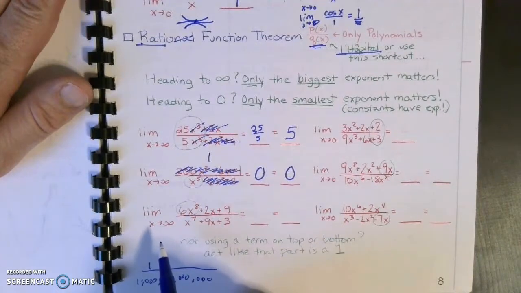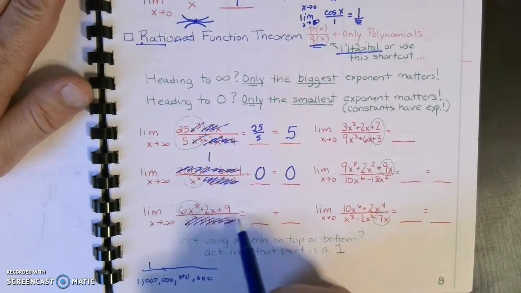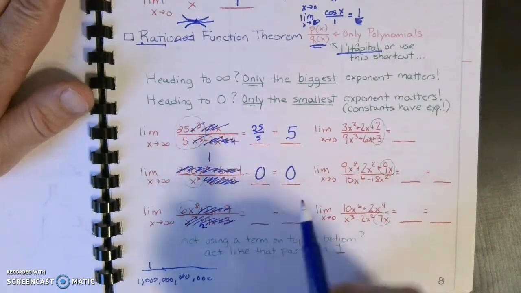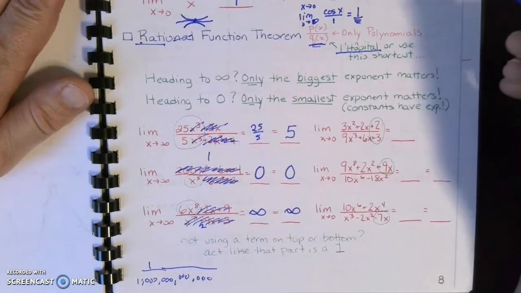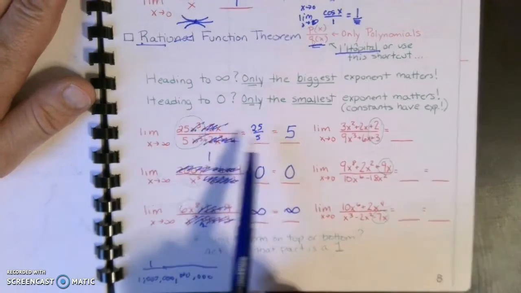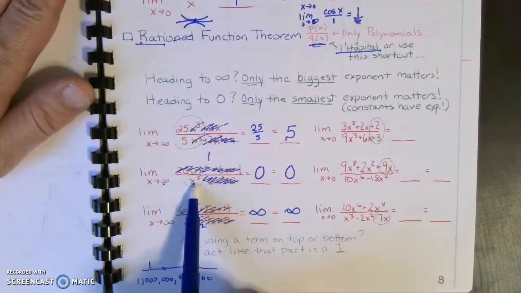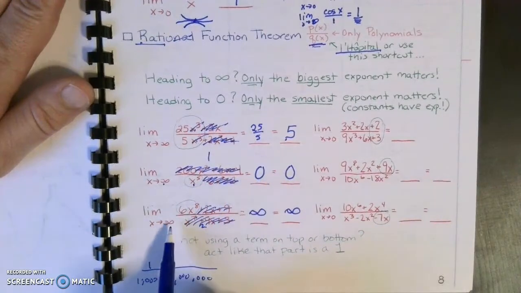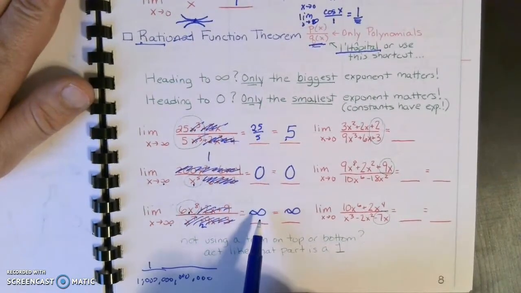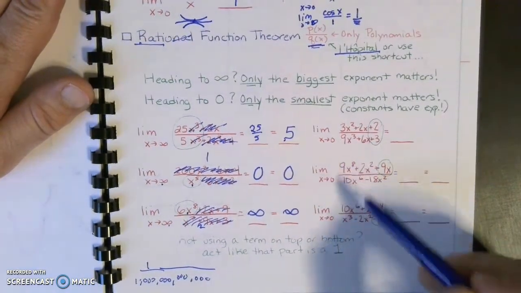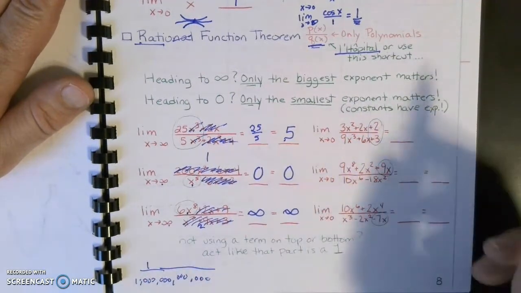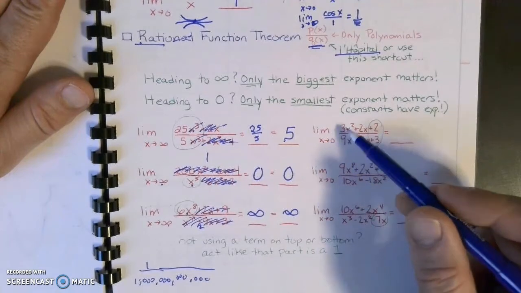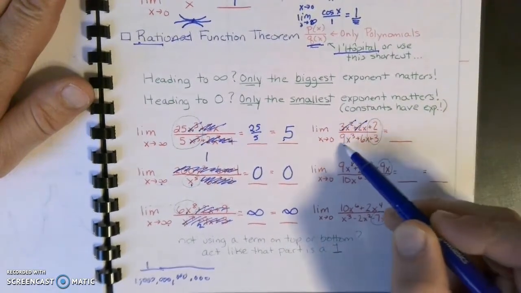And there's another example as we head towards infinity, where only the biggest exponent matters. This is like having a number down there, which is 2. So infinity over some number is going to be infinity. So kind of like what I talked about way up on top. If the exponents match, then it has a limit. If the bigger exponent's on bottom, it heads towards 0. If the bigger exponent's on top, the limit heads towards infinity. We don't really use it as much with these problems over here. Excuse me. If we go ahead and substitute in 0 for all these, this becomes 0. Those go away, and we're